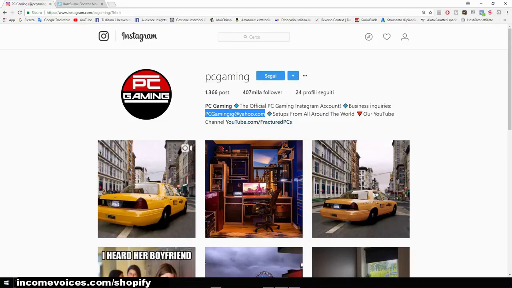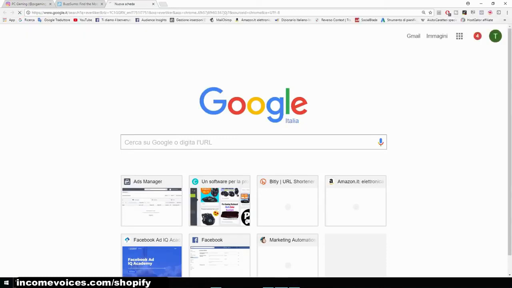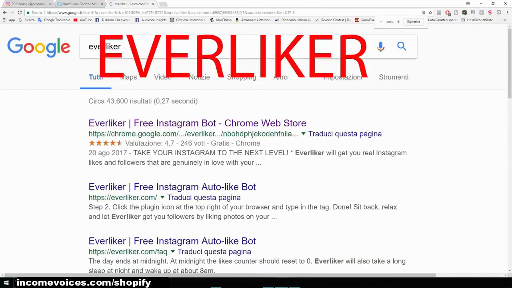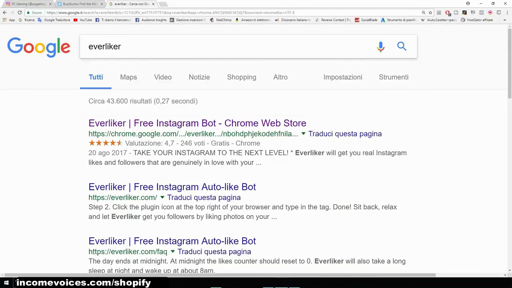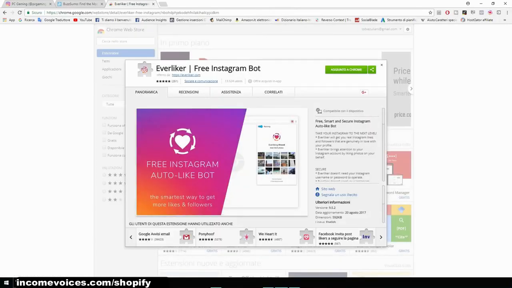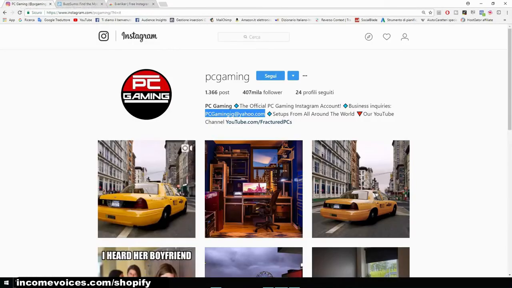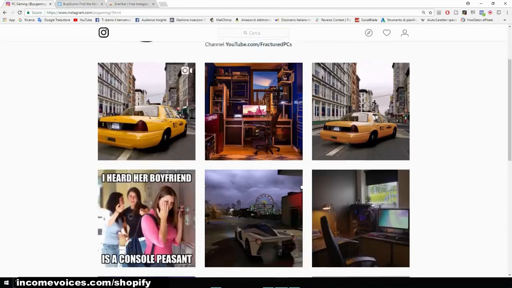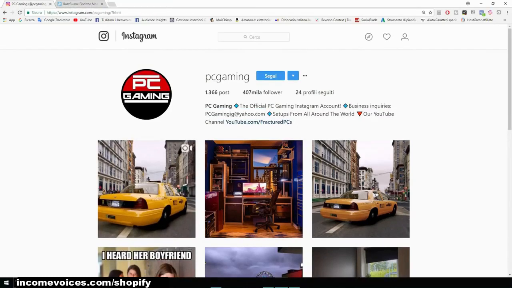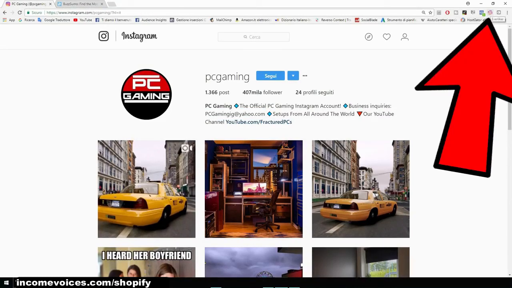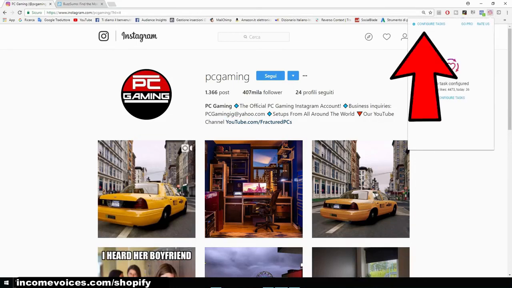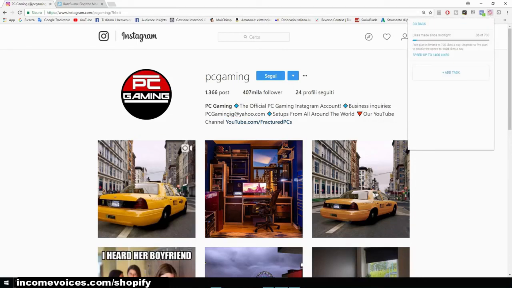All you have to do is go on Google and type in Everliker. This is a free option, but there are also professional ones. It's a browser extension that you can use on Chrome only. I already installed it, so I won't install it again. Once you have it, you can go to your Instagram profile, and click on the pink icon that appears, Everliker, and go to configure task, add task, and I want the